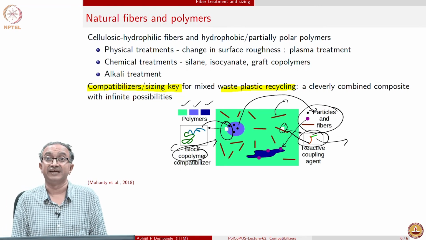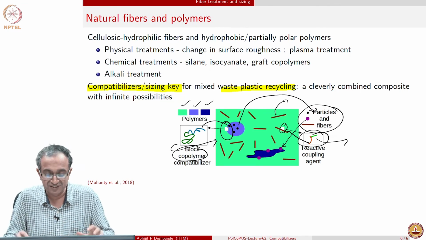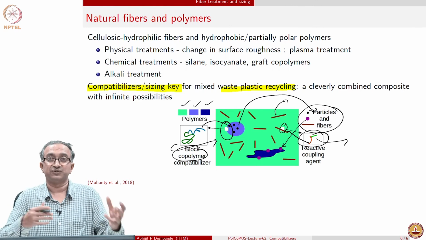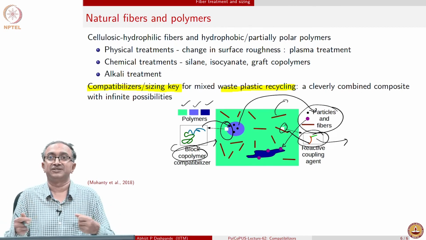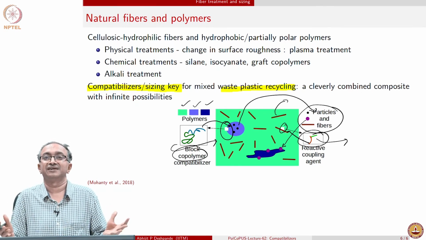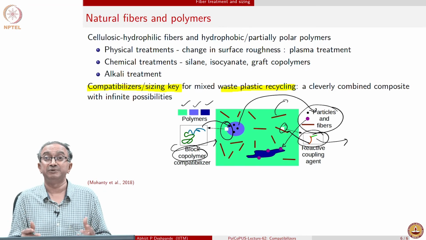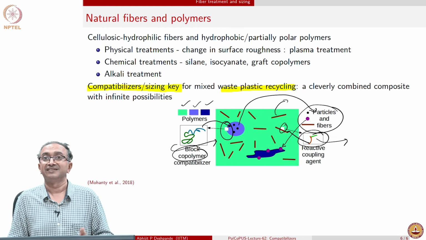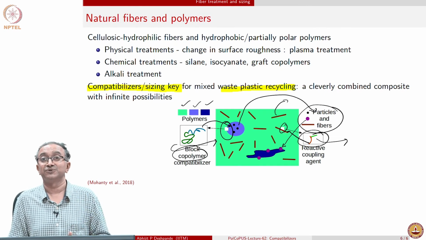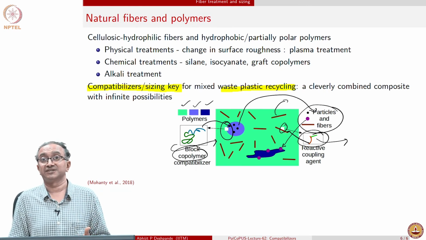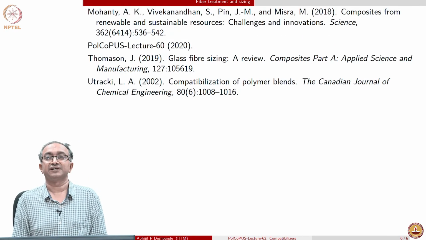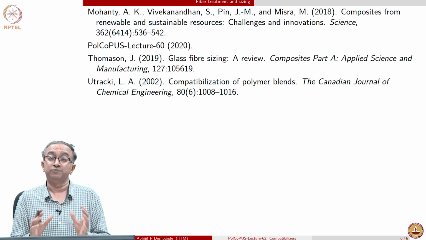So, if we have these, it's like going to a supermarket or a large store and collecting all these different things, putting them together and then getting a performance. And so, can this be done? And if we can do this effectively, predictably on a large scale, then it will be easy for us to recycle mixed waste plastic. So, with this thought, we will close this lecture,